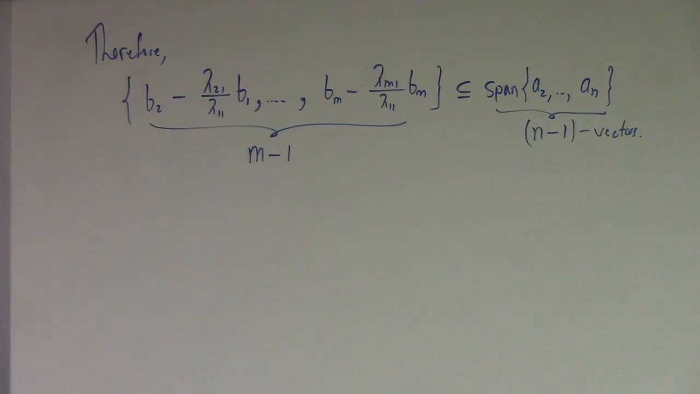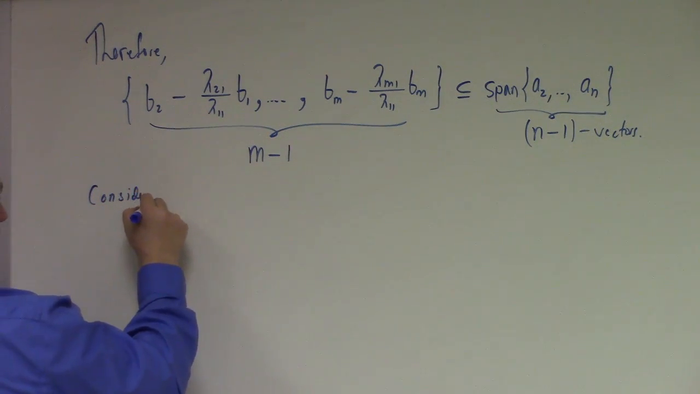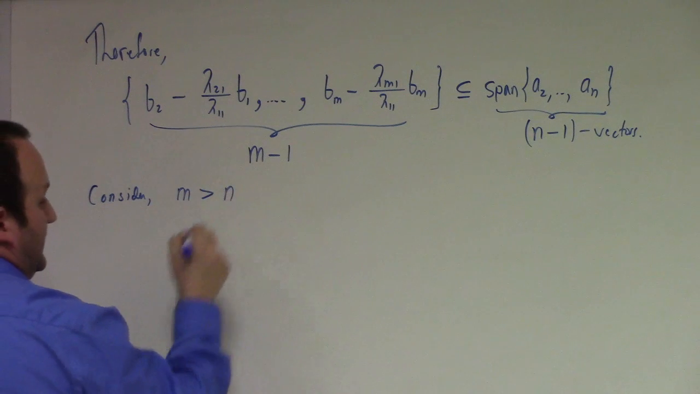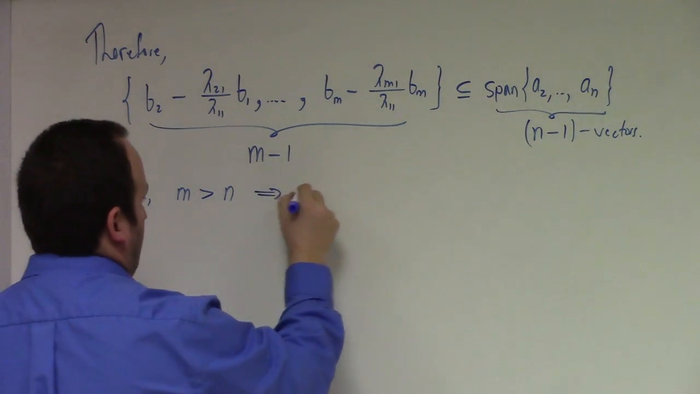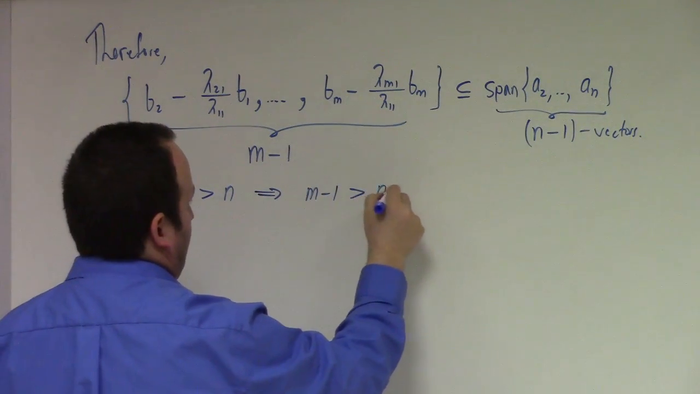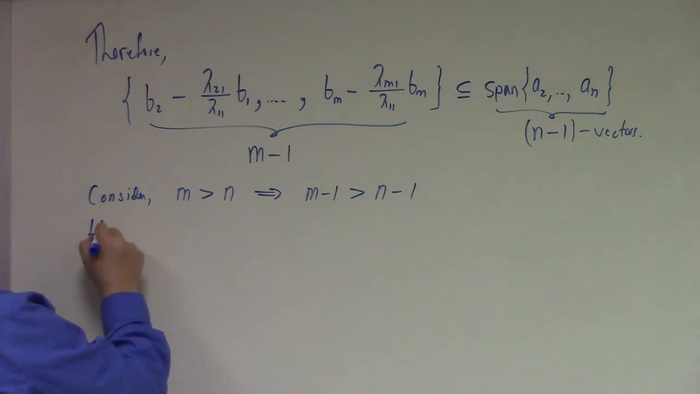All right, so consider we have m is greater than n. We're assuming that from the outset, right up here. We're still working on that induction. M is greater than n implies what? M minus 1 is greater than n minus 1. Hence, by the induction hypothesis,